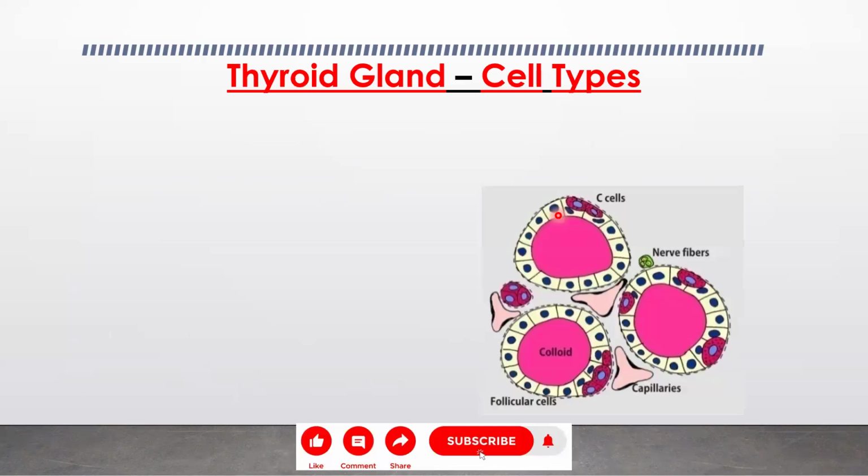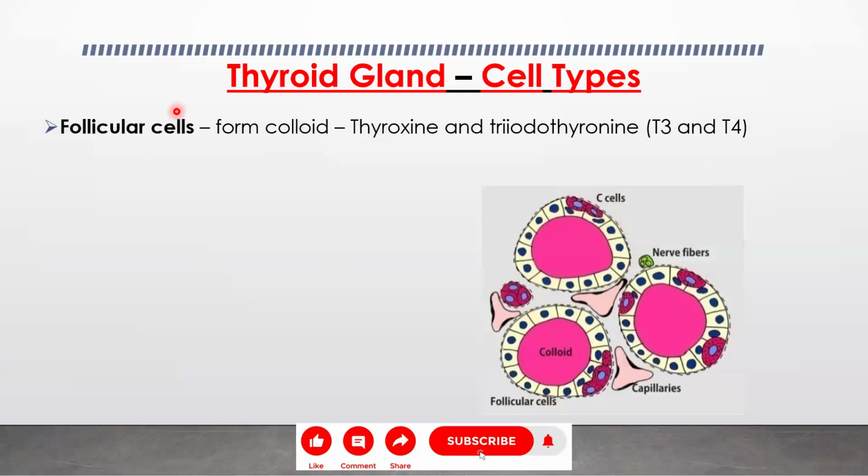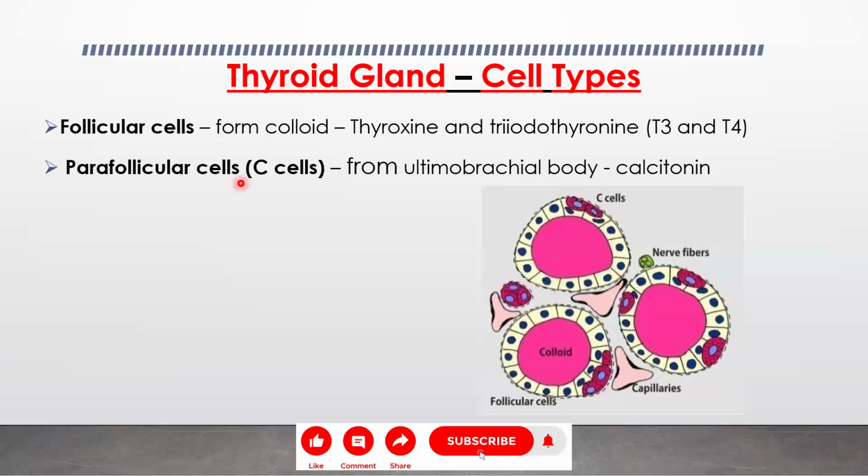What about the cell types? The thyroid gland has the follicular cells and the parafollicular cells, also called C cells. The follicular cells form the colloid, which contains thyroglobulin, which gives us thyroxine and triiodothyronine, and these also come from the parenchyma, the endoderm. But the parafollicular cells come from the ultimobranchial body,